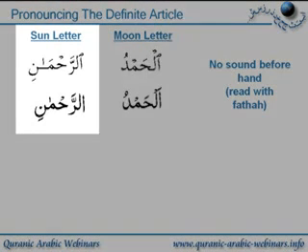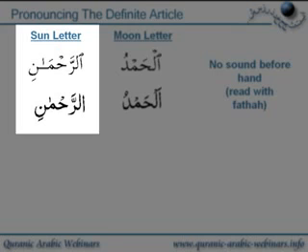Now in the case of the sun letters, here we have a word starting with Ra. Ra is one of the sun letters. So when we add the definite article al to it, it takes a shadda. Now it's the same rule here. There's no sound before it, beginning of the sentence. So we read the Hamzatul Wasl as if it's got a fatha, but because we've now got the shadda on top of the Ra,